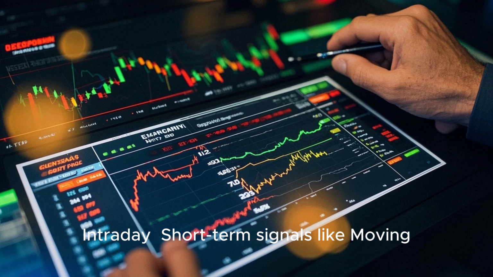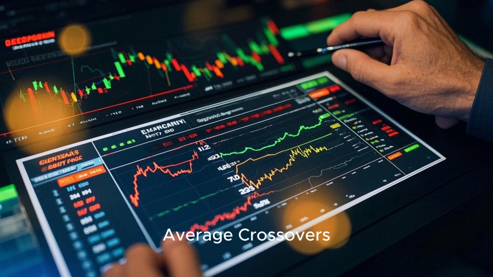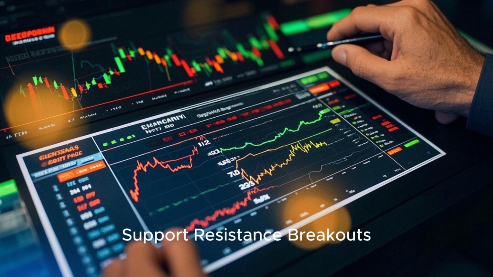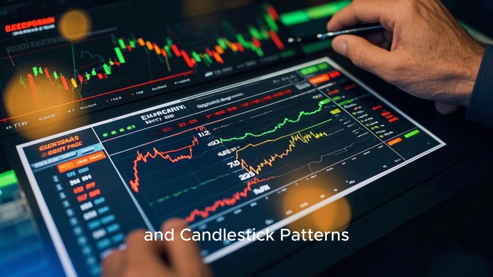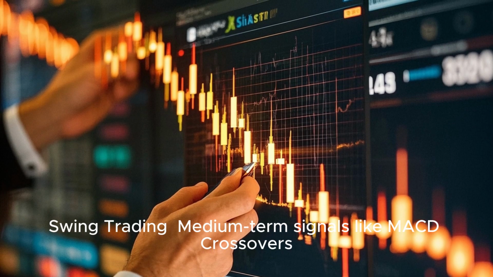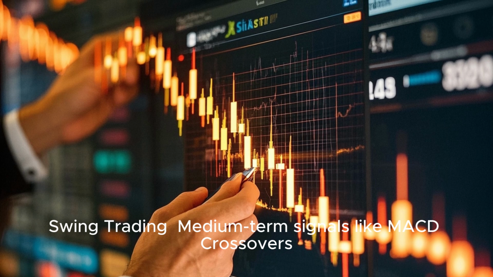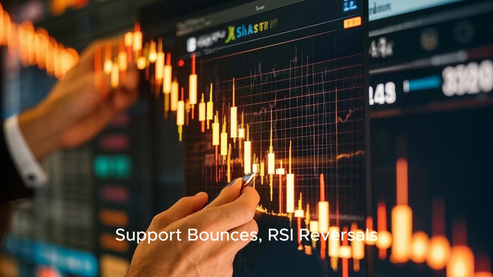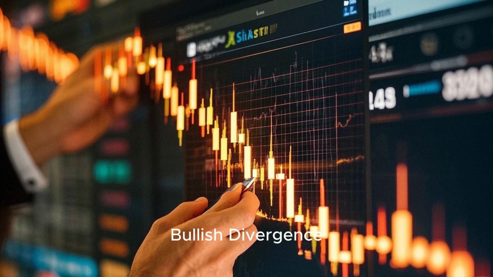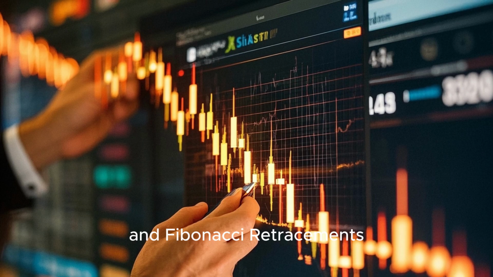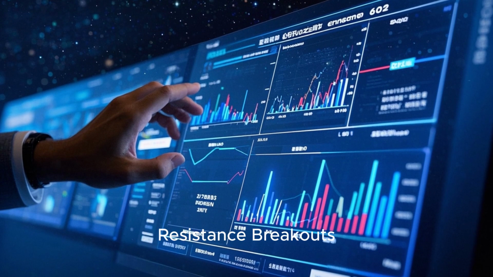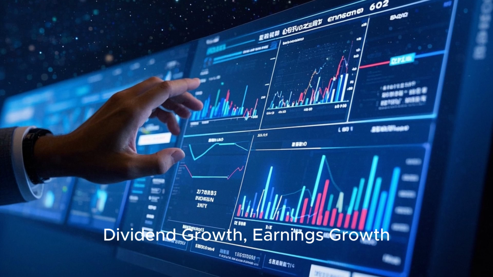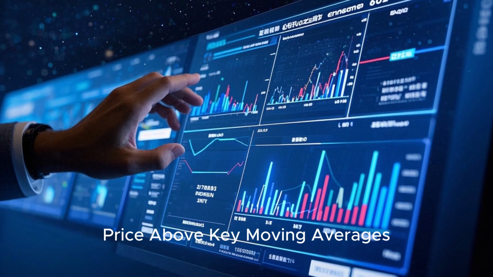Recap. Intraday: short-term signals like moving average crossovers, support or resistance breakouts, RSI bounces, VWAP reversals, and candlestick patterns. Swing trading: medium-term signals like MACD crossovers, support bounces, RSI reversals, bullish divergence, and Fibonacci retracements. Long-term investing: long-term signals like the golden cross, resistance breakouts, dividend growth, earnings growth, price above key moving averages, and